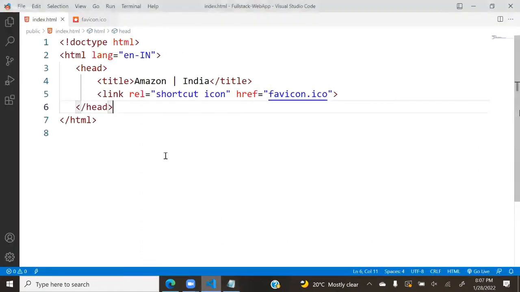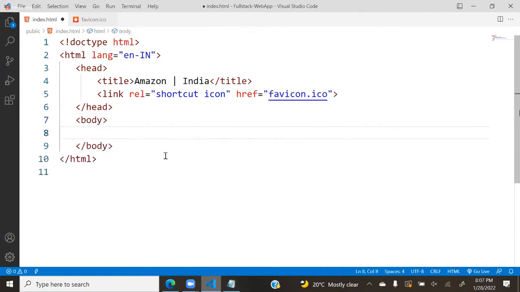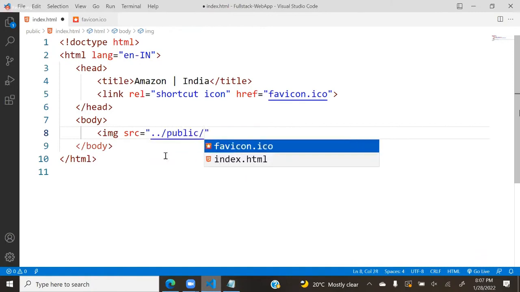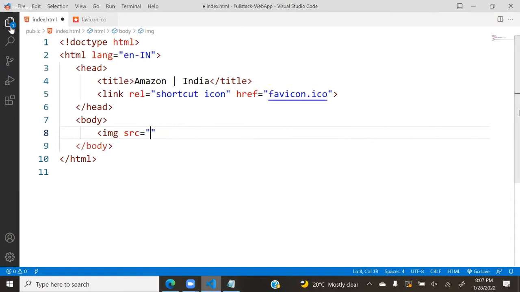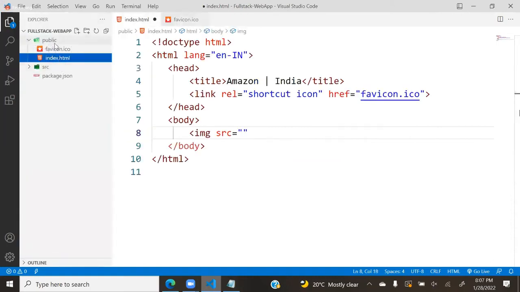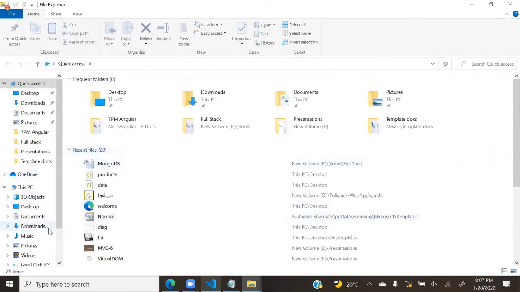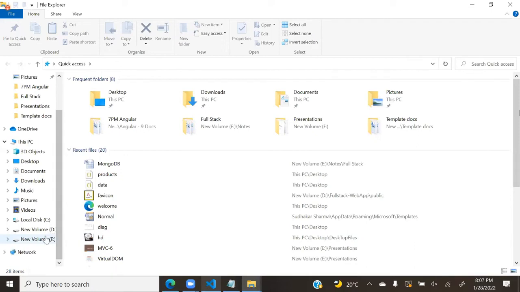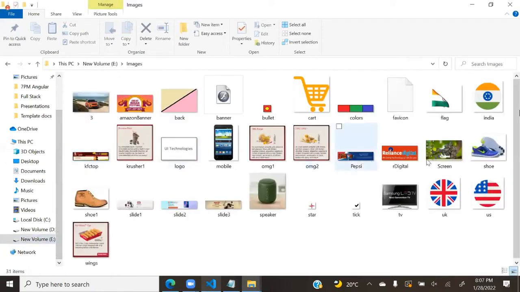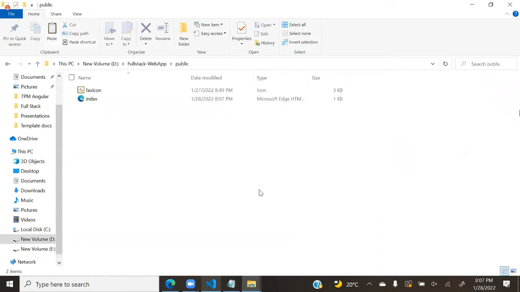Just for your understanding, temporarily, don't worry about the body section. Later you will learn about it. Temporarily, I am writing some image in the body section. I will copy an image, some speaker, and paste it.